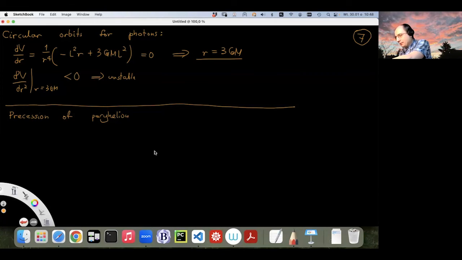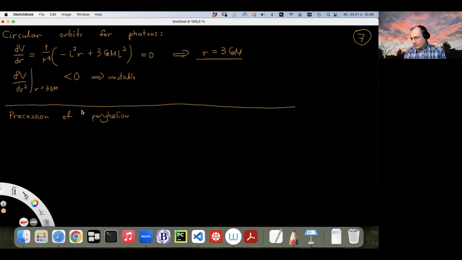It is a bit mathematically tricky, but I think it fairly quickly leads to the result and also is very nice conceptually. So let's begin again